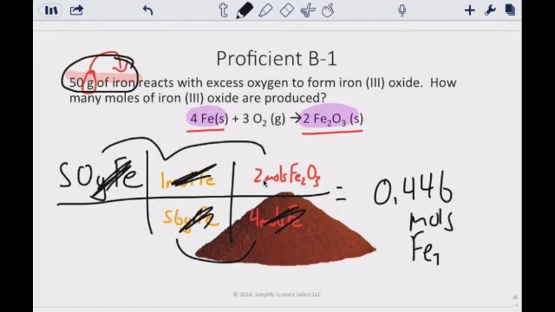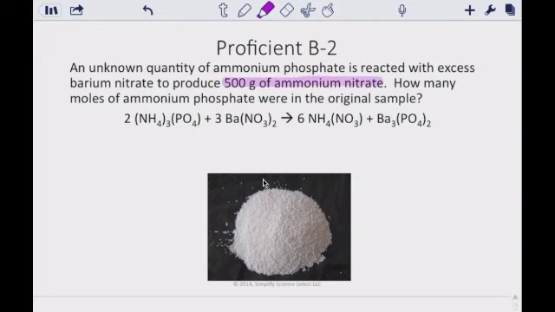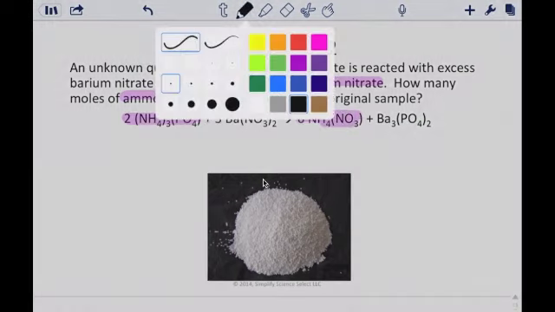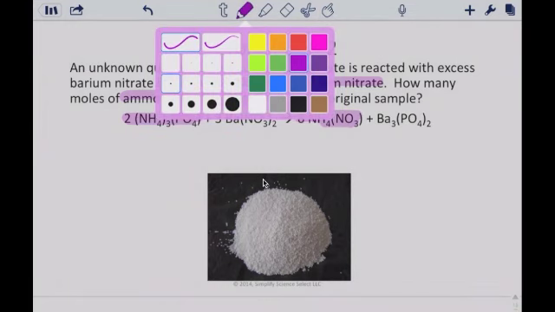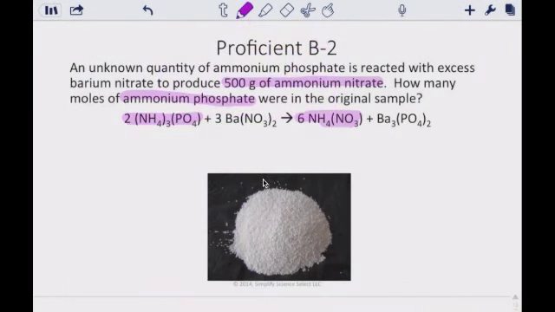So let's look at another example. Looking at this example, it says that an unknown quantity of ammonium phosphate is reacted with excess barium nitrate to produce 500 grams of ammonium nitrate. How many moles of ammonium phosphate were in the original sample? So here's ammonium phosphate, and then we have our ammonium nitrate, which is right there. So the first thing that we're always going to write down is our mole ratio, which is a 2 to 6